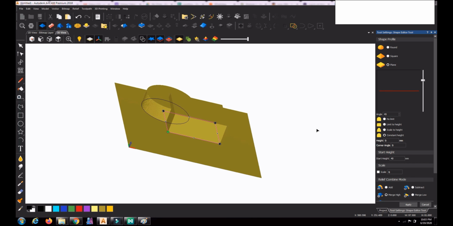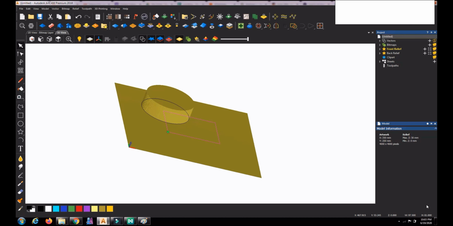Hi, now we will go to the other shape profiles, like round and square. Before that we will remove this item from the screen. Whatever 3D objects there are in the model space, we can remove using a command. Before that we will come out of the shape editor command. We have not applied this block, so once we cancel it, that block will automatically go.